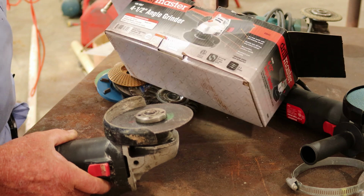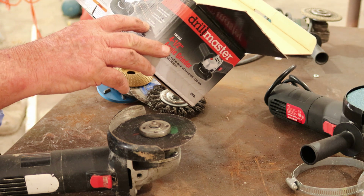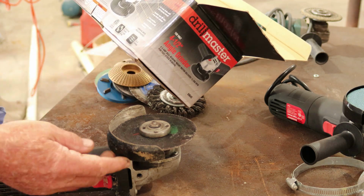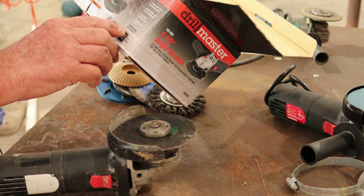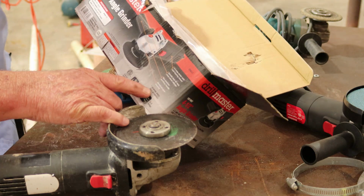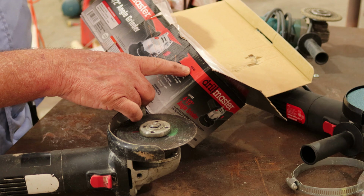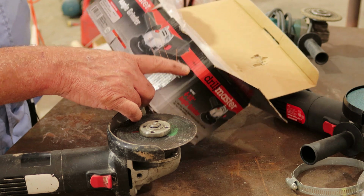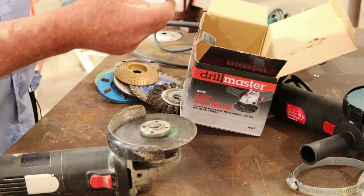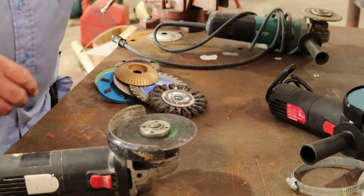4.5-inch angle grinder. Now let's see what it says over here that maybe I didn't. 2-position auxiliary handle. We did discuss that. Aluminum gear housing. Pretty self-explanatory. You can see that. Grinding wheel sold separately. Well, we're aware of that. We know that. The part number is 69645 at Harbor Freight. I don't know if there's anything else inside here that would be interesting. Not really. But guys, yeah,